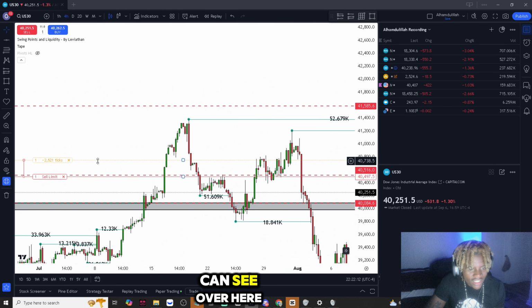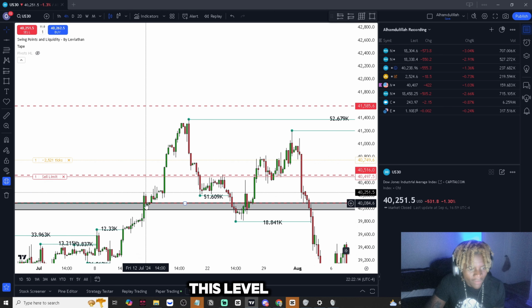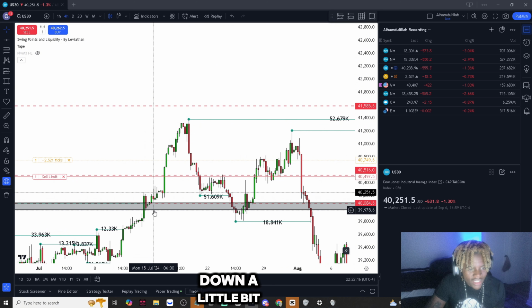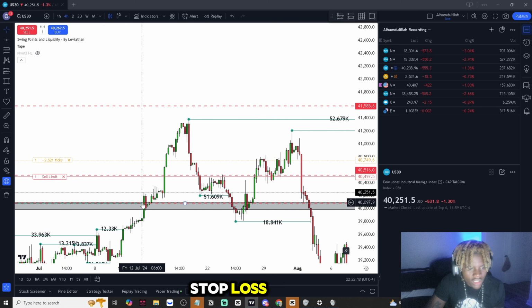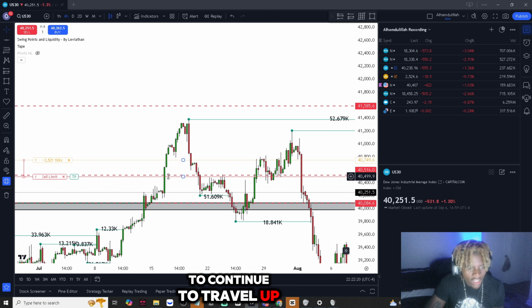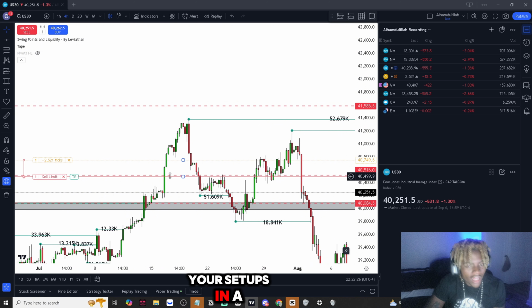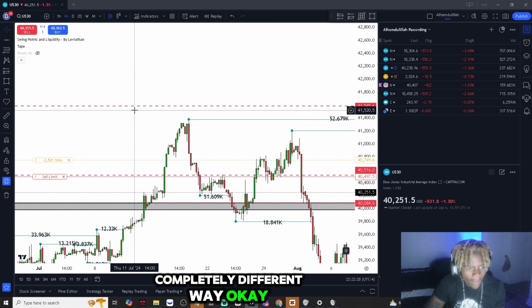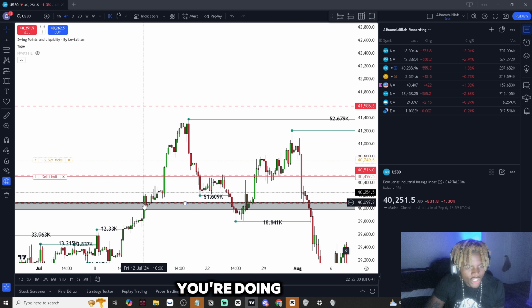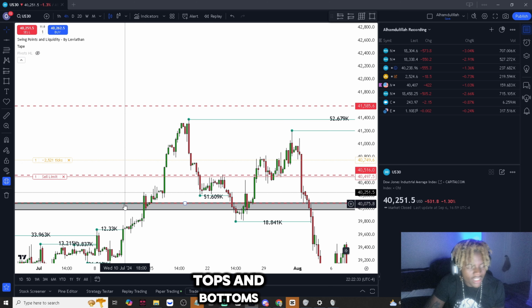As you can see over here, price decided to break above this level. Boom, price retraced down a little bit, didn't quite hit a stop loss, and then price decided to continue to travel up. So when you do take breakouts, it's a lot more probable, and you're able to analyze your setups in a completely different way. Okay? So that's what you want to make sure that you're doing. You want to make sure that you're analyzing tops and bottoms,